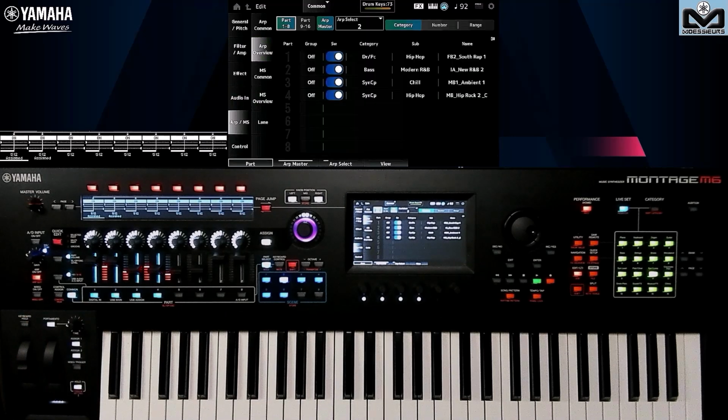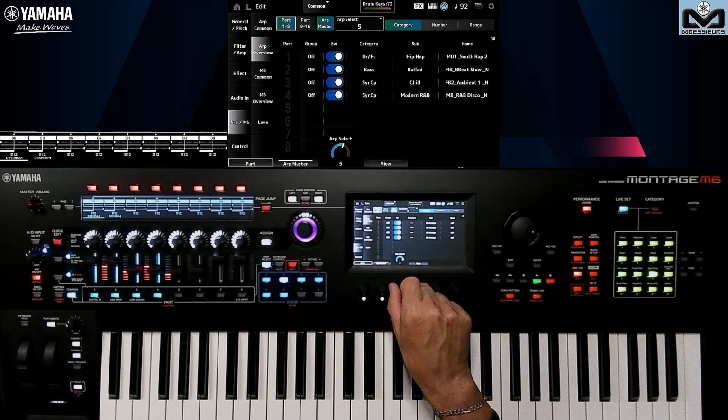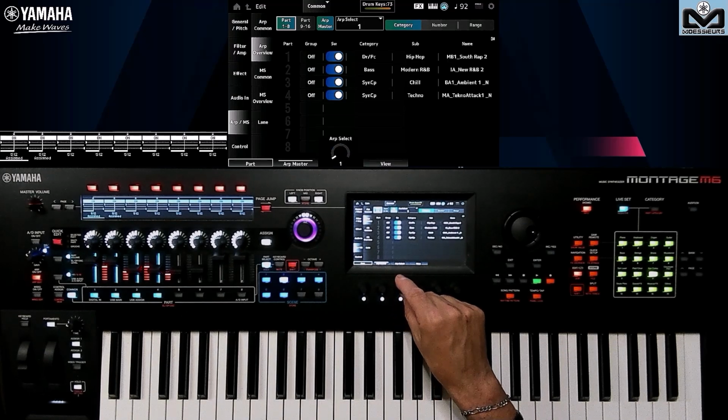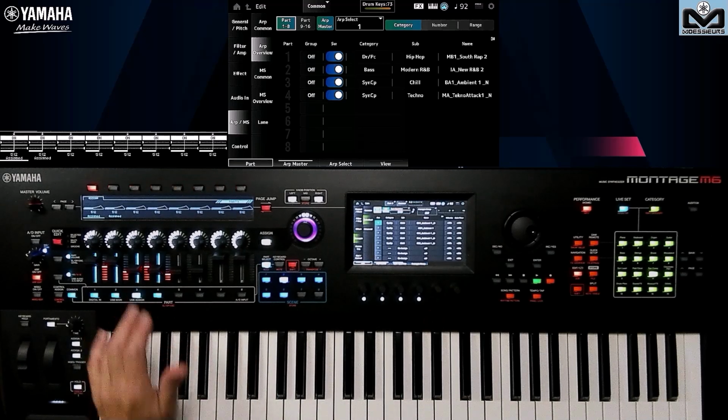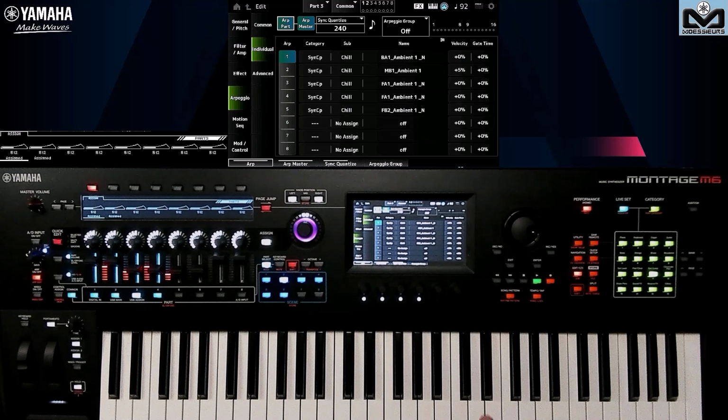Here at Common Level, you can see everything in a general way. Here we have ARP Select. Since you can see everything, you can use it to prepare, to say to yourself, what do I have in variation 1? What do I have in 2? What do I have in 3? I can see all my instruments and arpeggios, and then say to myself, variation 3, the chill ambient, wasn't exactly what I wanted. You can see that it follows very well, because I press part 3, and there I am. MB1 ambient 1, that's not the one I wanted, I want the first one. I can of course use it twice, that's the first example.